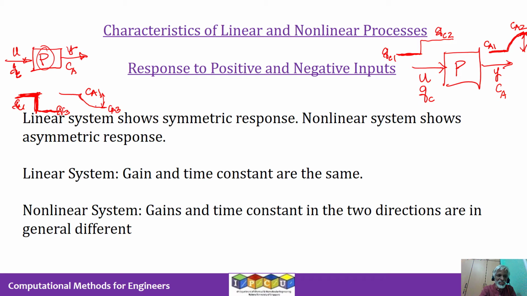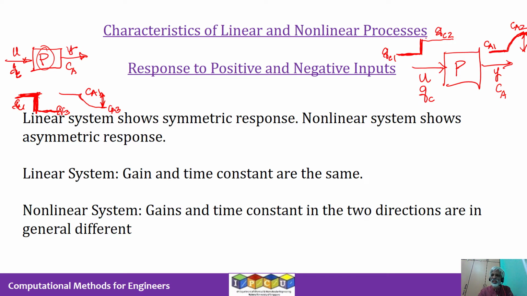So this height and this height actually will be the same, as long as this step change is the same as this step change here, right? So if you change the input value by, let's say, +1 unit, and if you change the input by -1 unit, the direction in which the process reacts can be opposite, like you see here, right?